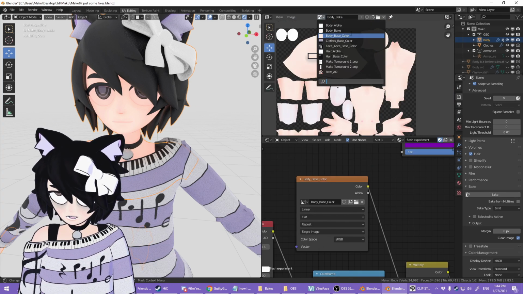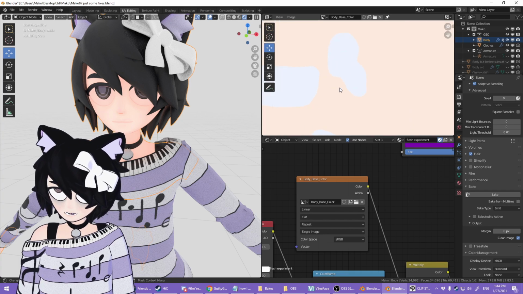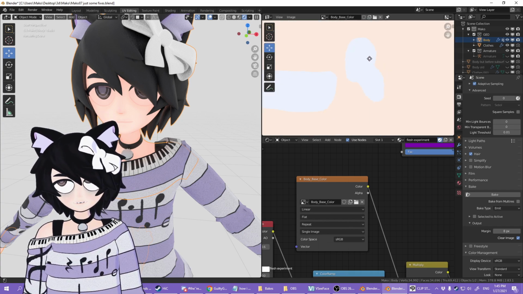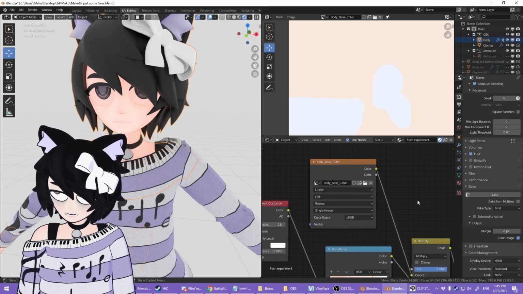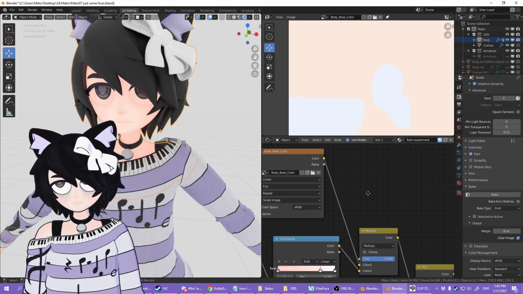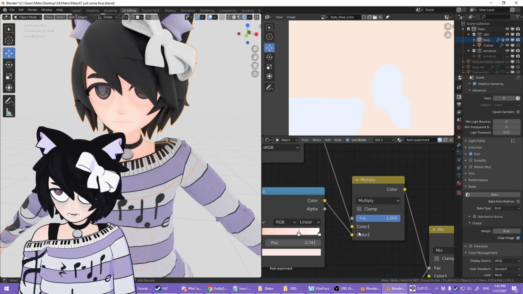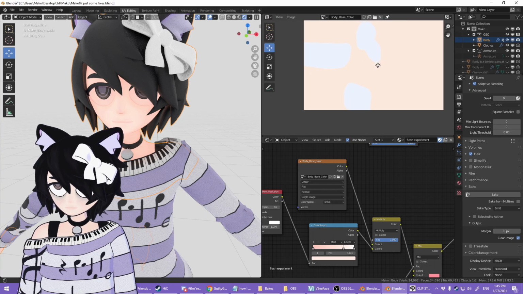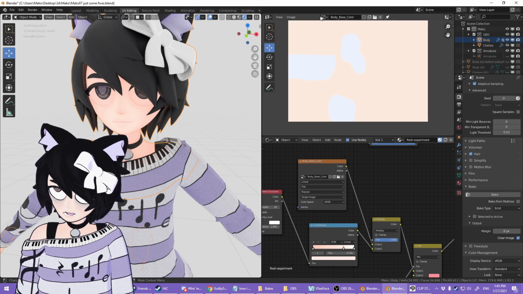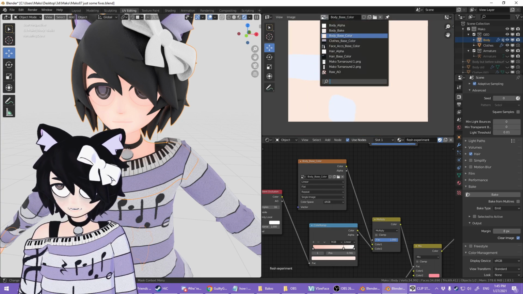I started, what is it, body base color? Yeah, I started with this. These are all the colors for my body right there, and you can see it's at the beginning of the chain right here. And I plug that into the color for this thingy right here. So then it applies all that stuff, not just to a single flesh tone, but the actual texture I want, which includes the socks.